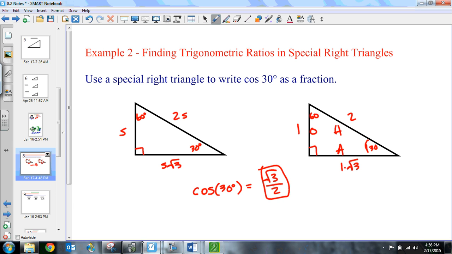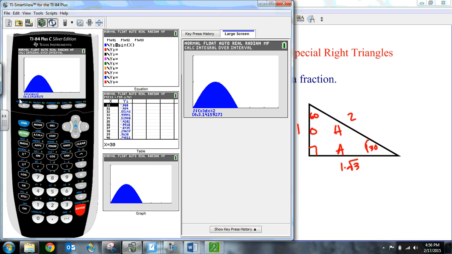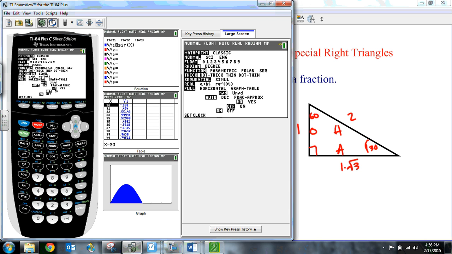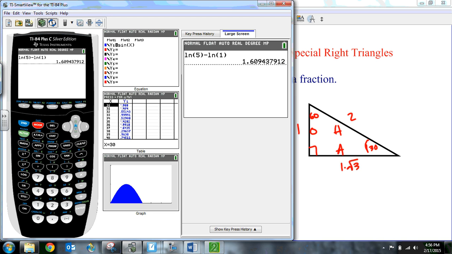Let's actually go to our calculator, and I'm going to hit the mode button first. I'm going to change my angle measures. We're not going to use radians. We need to be using degrees here. Okay. I'm going to switch out of that. I'm going to quit out of this. And I'm going to then do